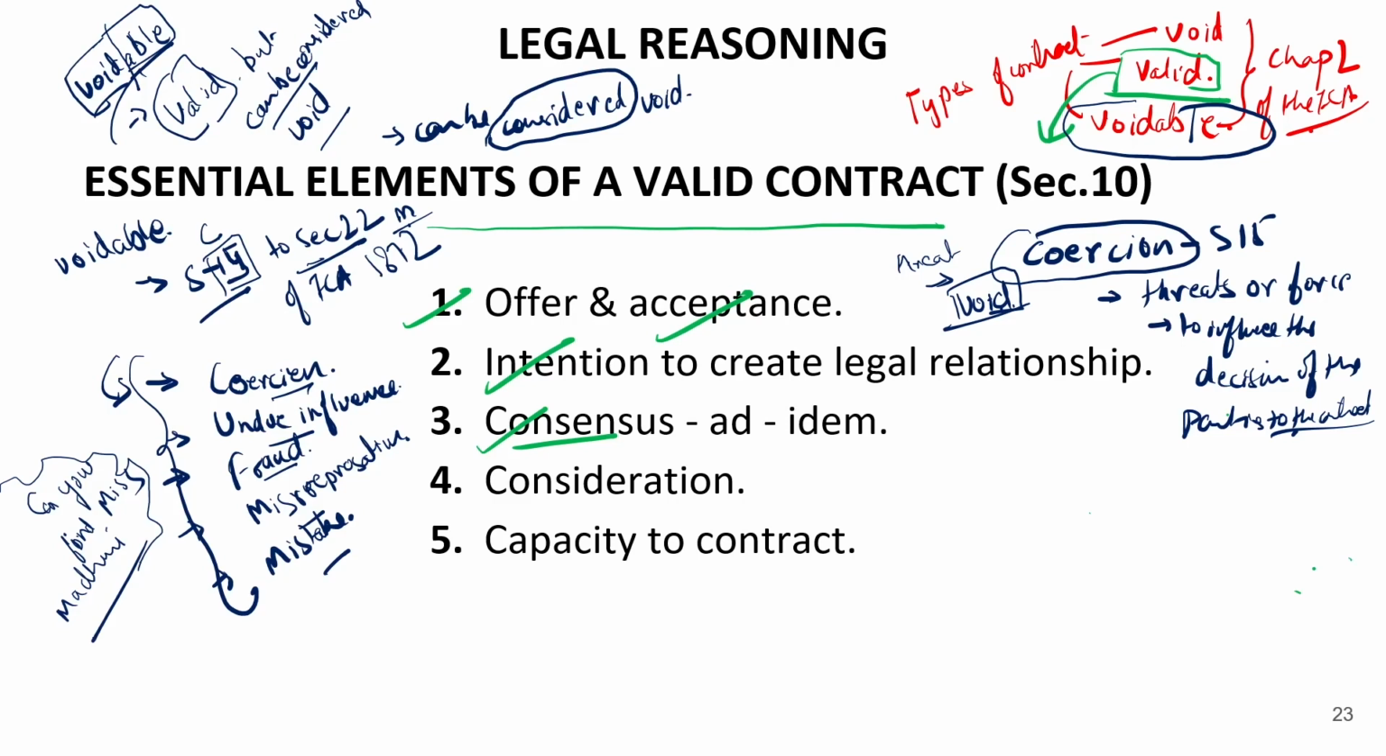And consent has been mentioned under section 13, and free consent has been mentioned under section 14. So consent definition is section 13, and free consent definition is section 14. Section 14 says that if we want to have a free consent,